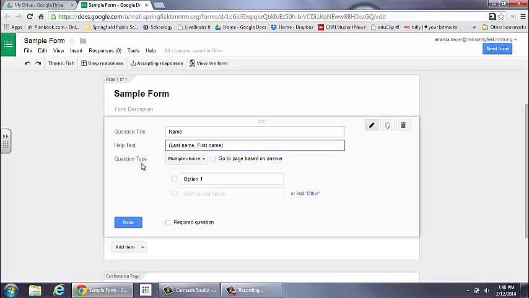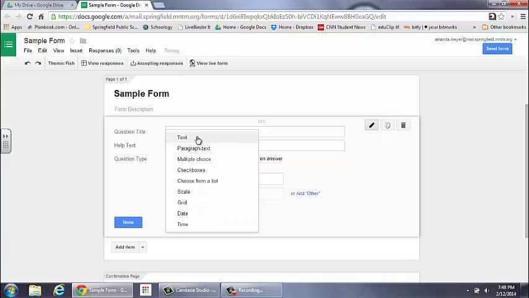The next row down is the question type. So in forms you have the opportunity to ask all sorts of different types of questions. You can see that the default is multiple choice, but if I click on this down arrow here, I open up all of these other options for different types of questions. So text is maybe like a one-word to a one-sentence answer. So that would be appropriate for my name question that I'm asking. The paragraph text is if you want your answer to take up quite a bit of space of typing of text. So this would be like your typical short answer